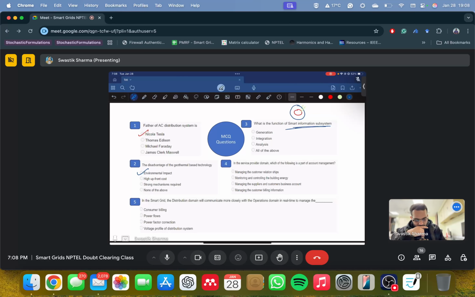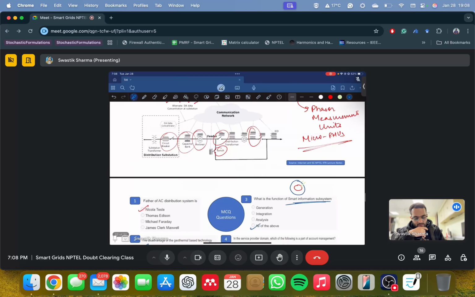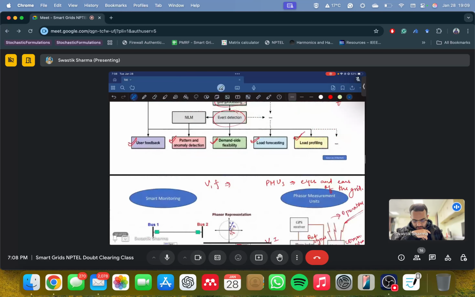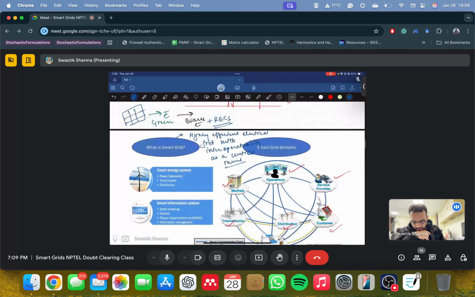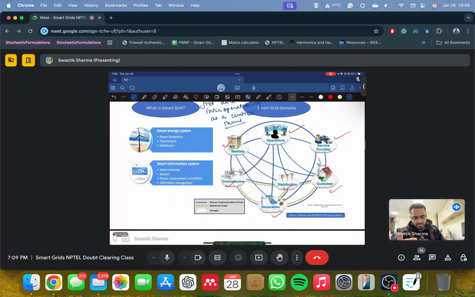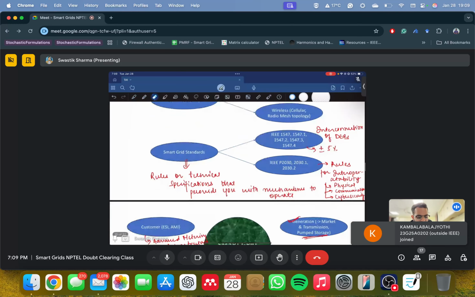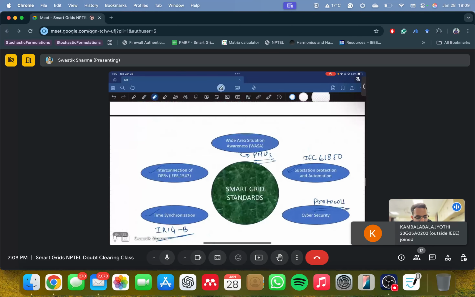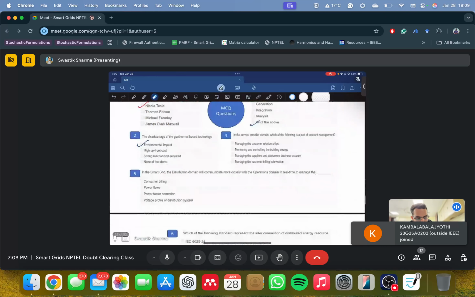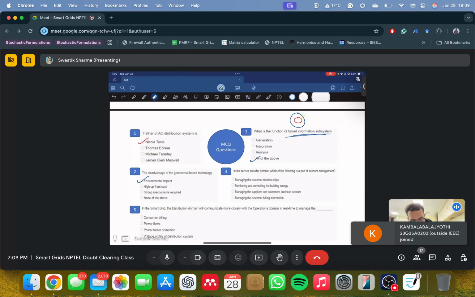All of the above. Yeah, all of the above. So our smart information subsystem, where was it? Here, right? You want everything, your generation to billing, your smart metering, sensors, analysis, integration, everything, it's done through the smart information subsystem. So in fourth, in the service provider domain, which of the following is a part of account